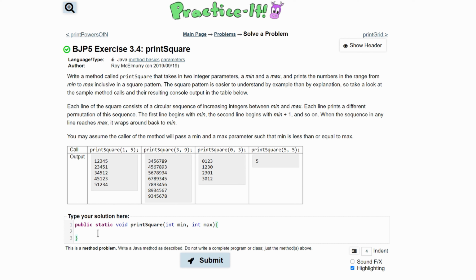a square pattern. So we need a for loop to run through this. We need an outside for loop to run through all of our rows. And we can see that our rows are the same number of our max minus our min. We start at 3, then we're going to end at 9 here, and then we start at 1 and end